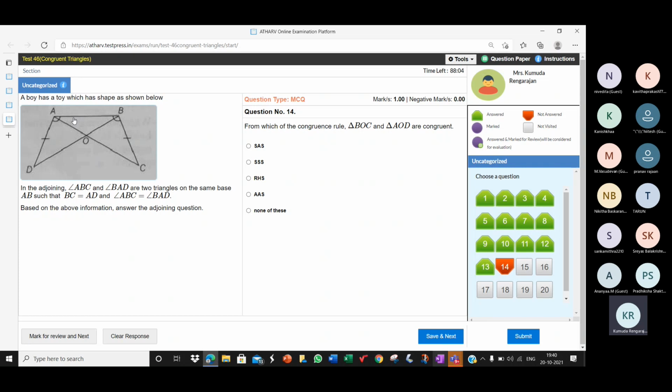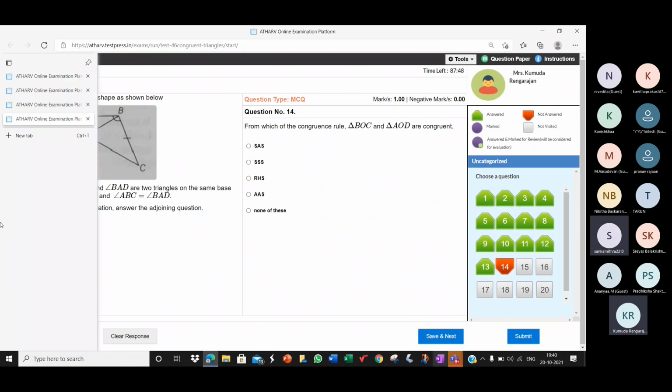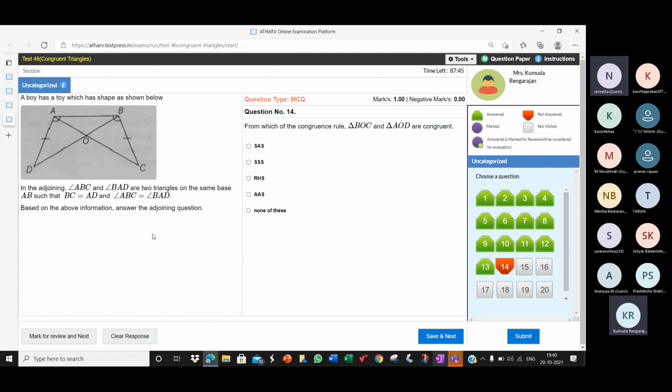So, do you know that BAC is equal to ABD? Yes, ma'am. I guess we proved that in the other congruency. CPCT, ma'am. Yes, ma'am, we proved it. No, you didn't mention that. Yes, ma'am, they are equal by CPCT from the other proof. Correct. So one minute, Sangamitra.